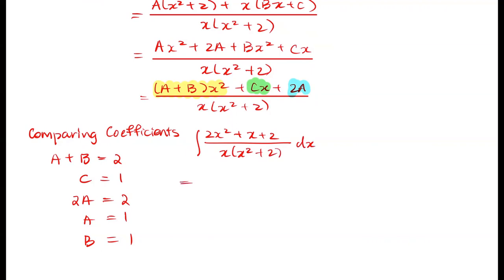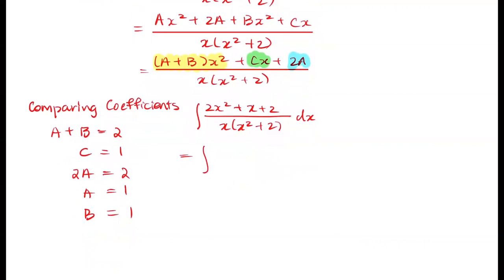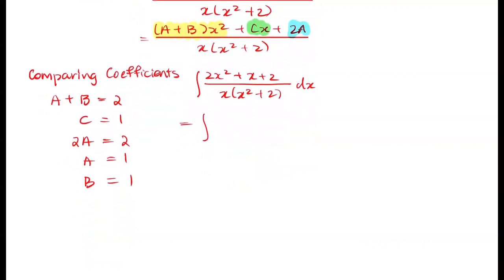And then this is equal to the integral. The first term we have was the a divided by x, so that's going to be 1 divided by x, dx. And then the second term would be the linear term, so bx plus c is going to be x plus 1 divided by x squared plus 2 dx,